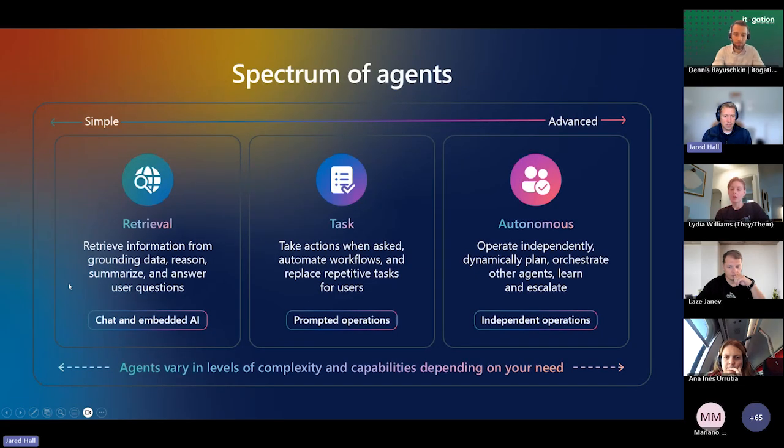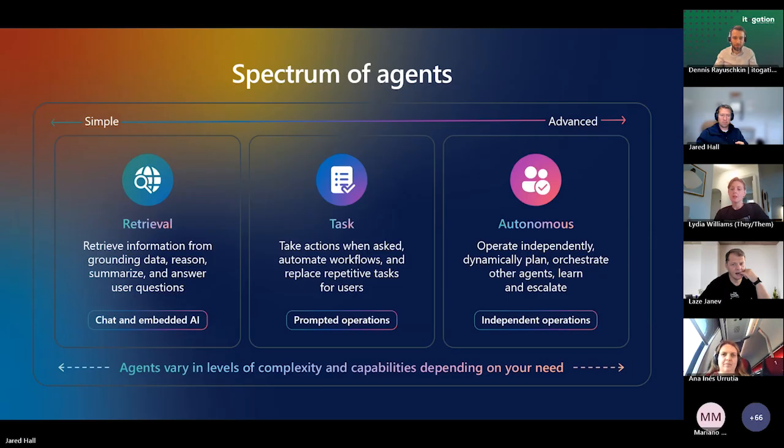So when we talk about agents, there's a spectrum of experiences that we've built for our finance and operations apps that vary in complexity. So we have our just basic retrieval, which is primarily our chat experiences. So we have a sidecar chat panel in F&O. You've probably seen that. It was released last year, where you can slide that out and start chat experiences. We have embedded AI experiences that are just using a natural language prompt to perform some operations under data within the context of your application and bring that as an insight within the application. So these are out-of-box experiences that you have available to you that have opportunities for extension and customization on top